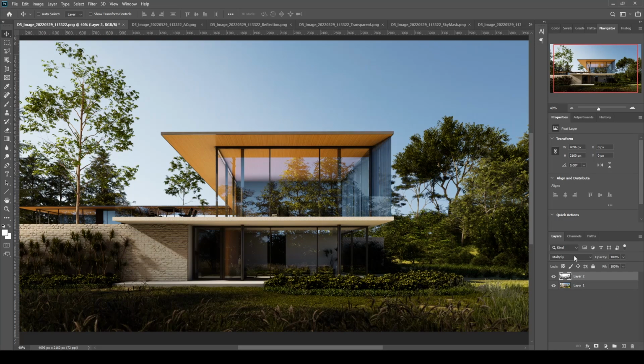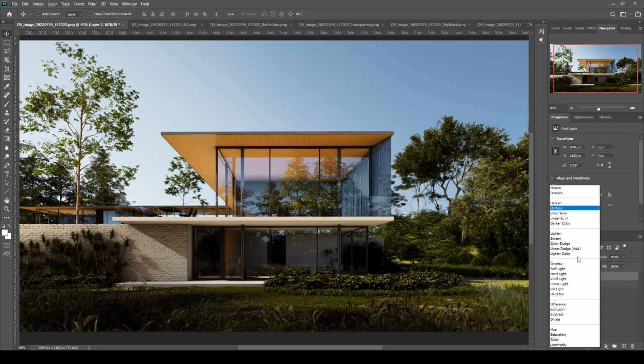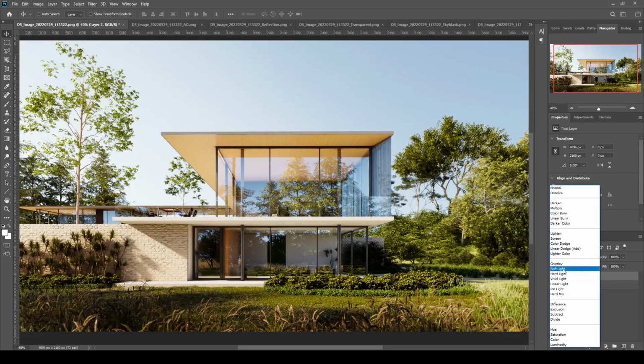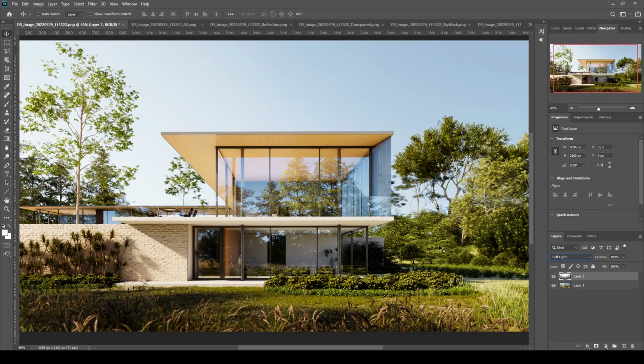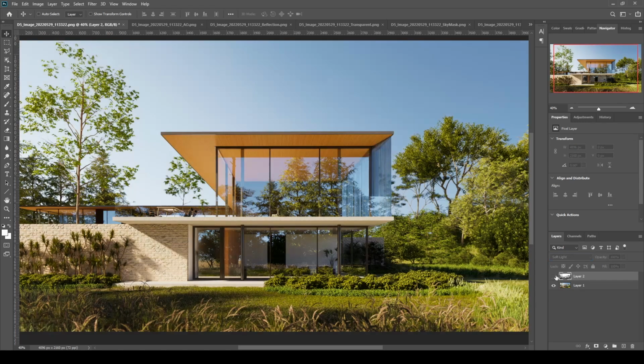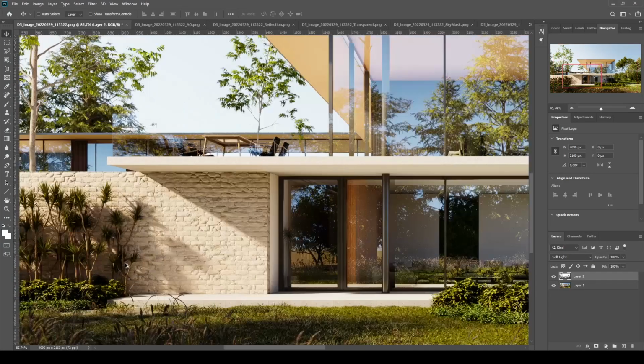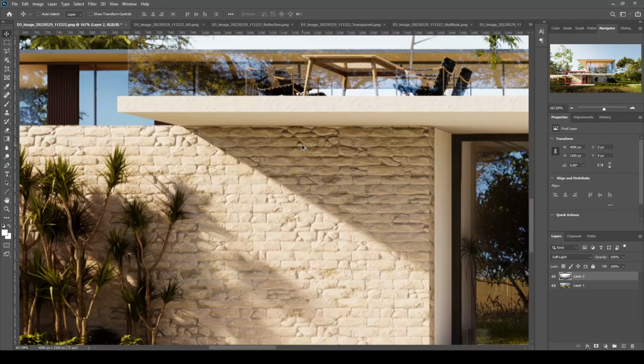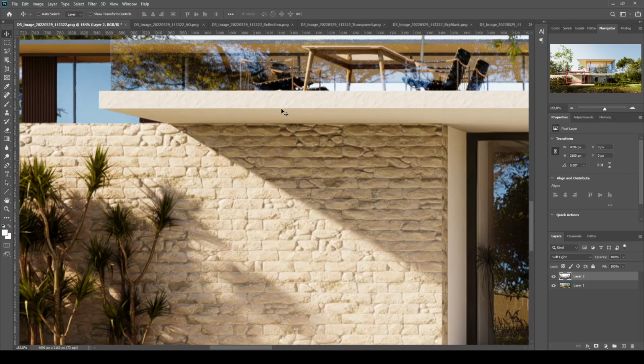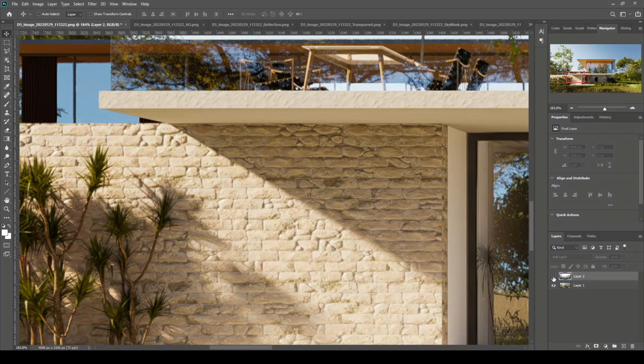The first one is not using multiply. We can use soft light. Instead of darkening the image, it makes your scene brighter, and with that, your shadows will be more prominent. For instance, let's zoom in and look at the corner closer. We can see the changes here.